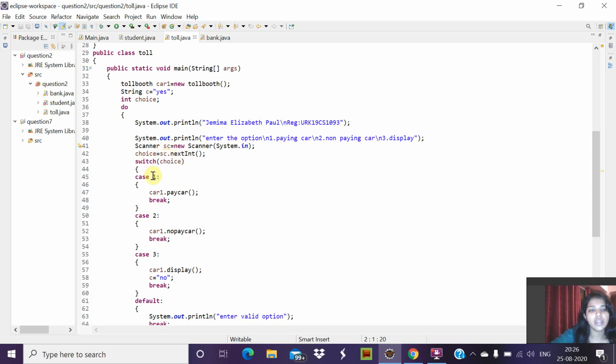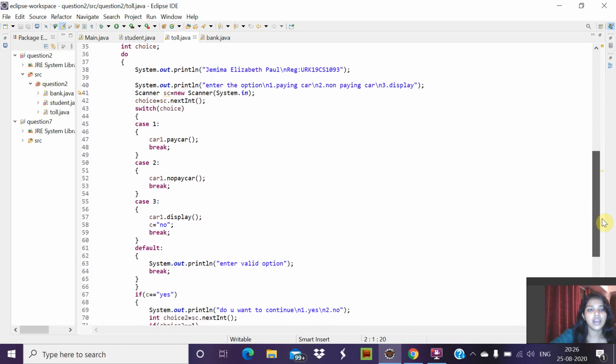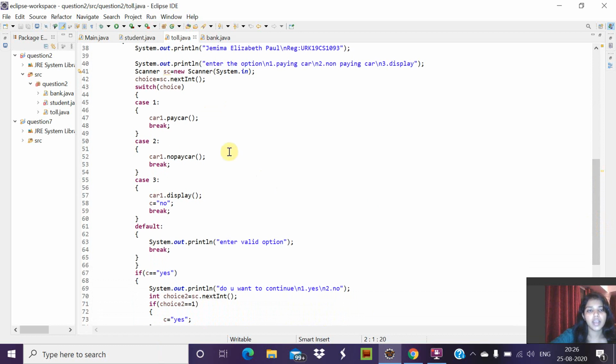And using switch case, we'll take case 1 as car1.payCar and we'll call the payCar function, and break. Case 2 is for calling the nonPayCar function, 3 is to display, and if it is no, c is initialized as no, and break, then default.